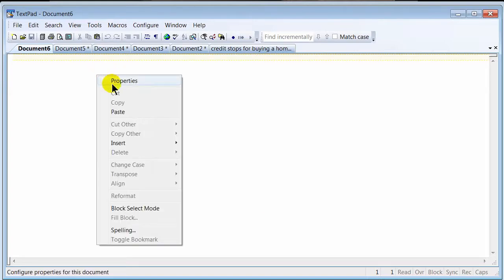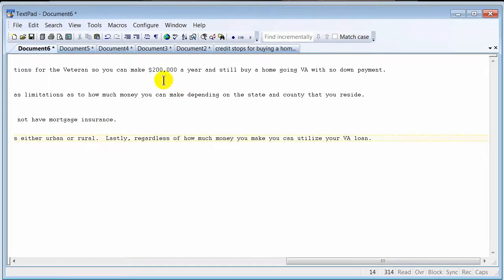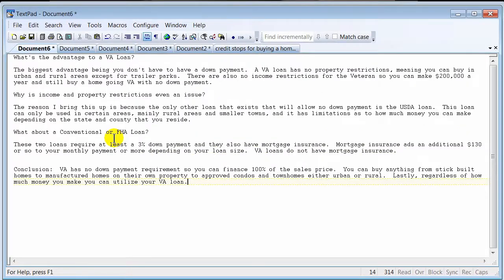But I would put this guy's content in here, and then I would start looking at, what are the advantages? And I'd start rewriting this guy's information, because there's nothing on here that is brand new or breaking news. It's just regurgitation of what's already out there. So there's nothing really to cite this guy on, or to refer to him or give him a link or anything like that. I would rewrite this. It's a sufficient number of words.